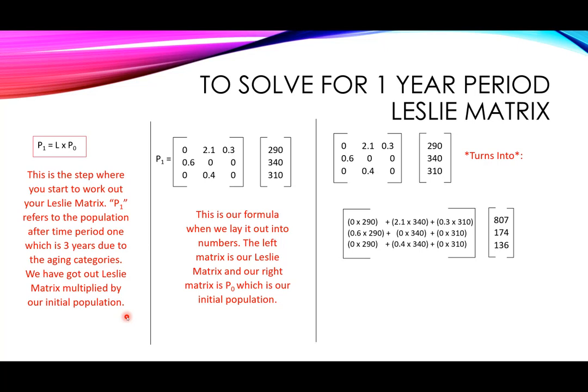This is a step where you start to work out your Leslie matrix, which is P1, the population after time period 1. Our Leslie matrix is multiplied by our initial population, and that gets expanded out to: population after period 1 years equals our Leslie matrix times our initial population. And we get our Leslie matrix by inputting our data from this,